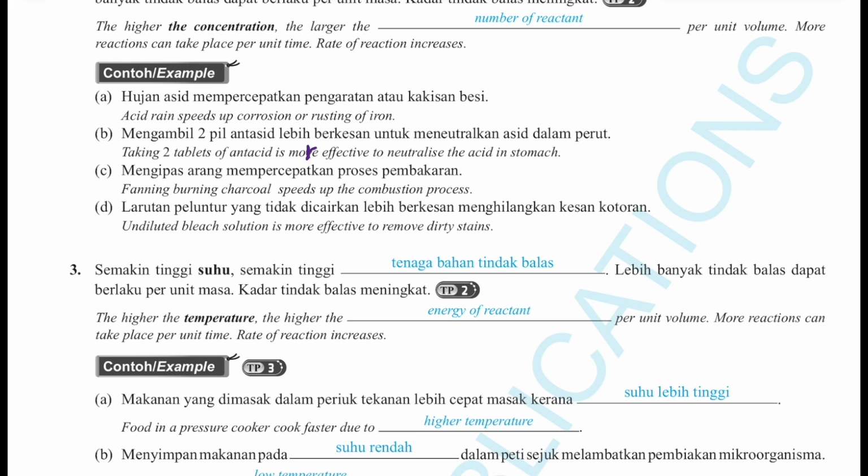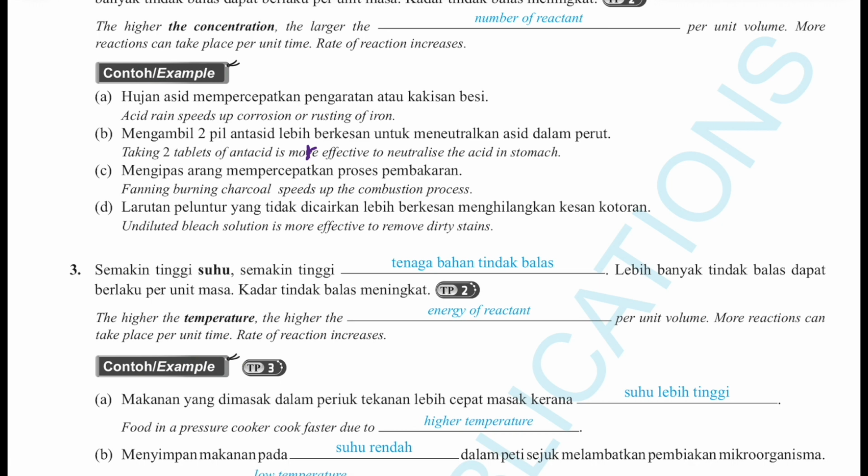Bleach ni akan lunturkan. Dia peluntur. Dia bukan hanya menghilangkan kotoran ya. Dia menghilangkan juga warna pada pakaian kamu tu. Jadi bleach ni kena hati-hati. Dia memang efektif untuk bersihkan kotoran, tetapi dalam masa sama dia juga boleh melunturkan warna pada